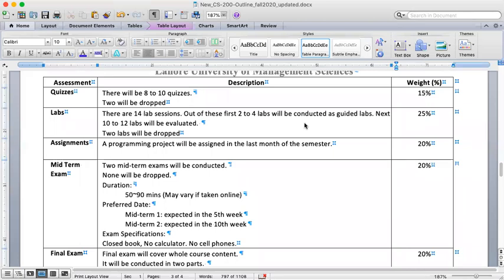So here is the outline for the course, and